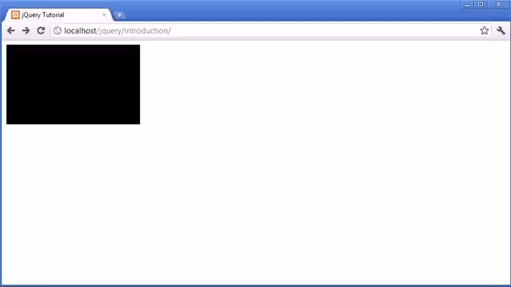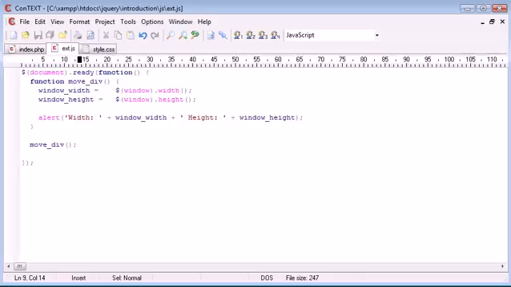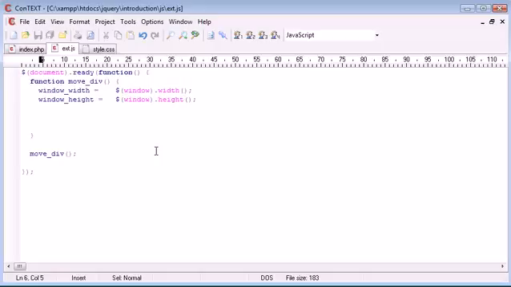Okay, so now what we want to do is, we don't want to just call that function yet. In fact we do, because we're going to do some more testing. We want to grab the width and the height of the object. So I'm going to call this objWidth, and that's going to equal, remember we called our div